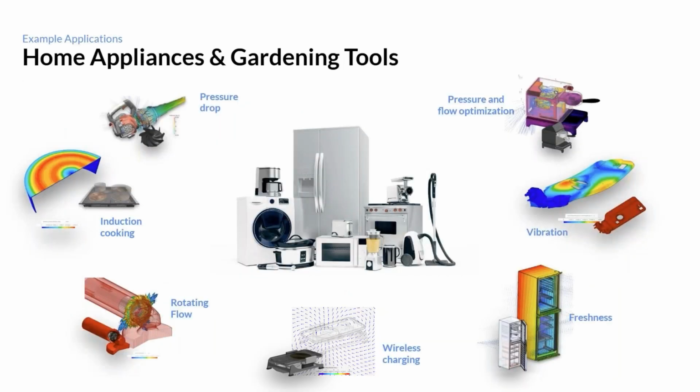Great, then a quick look onto example applications that we have from the home appliance and gardening tools industry. So obviously there's a variety of products in this industry, and there's different applications that need to be looked at and optimized. Like today, pressure drop and flow rate are important, for example, for leaf blowers, but we also can provide electromagnetics and thermal support for induction cooking applications, rotating flow, wireless charging, just named here, and freshness, so refrigeration systems,